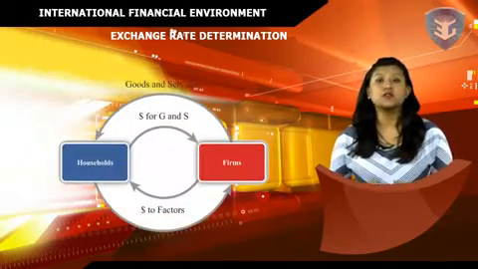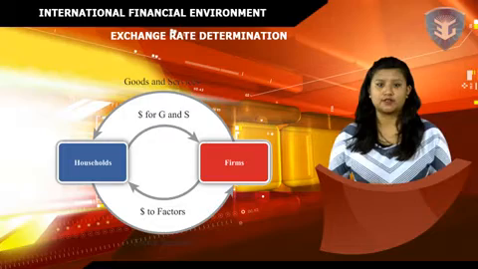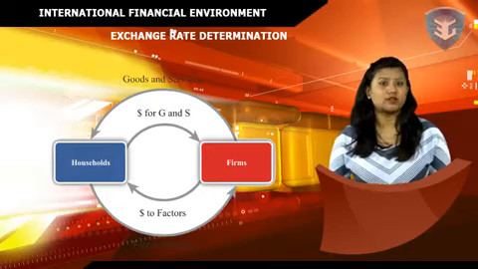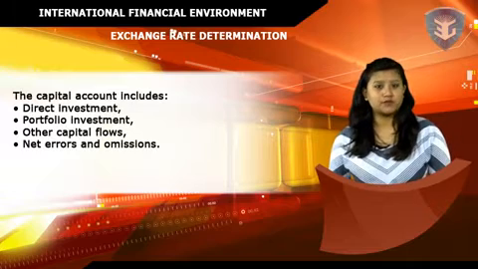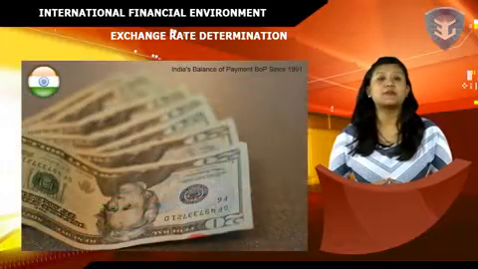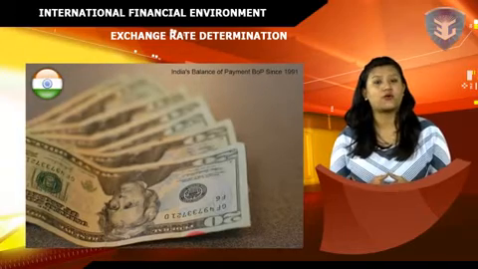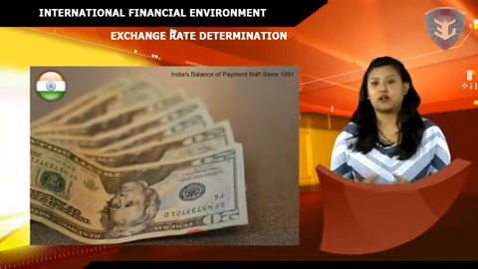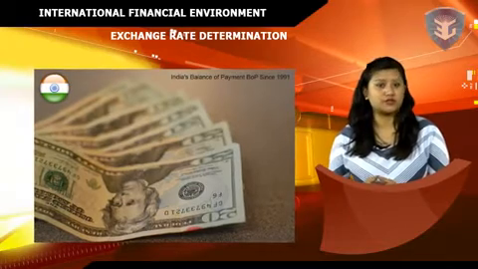The current account includes the trade balance, balance of services, net income received, and unrequited transfers. A current account deficit or surplus tends to be correlated with the depreciation or the appreciation of the exchange rate. The capital account includes direct investment, portfolio investment, other capital flows, net errors and omissions. A capital account surplus or deficit is correlated to the amount foreigners are willing to lend or borrow. The third part of the equation, the official reserve account, includes the net changes in the government's international reserves. The BOP approach is also not as accurate for short-term predictions.